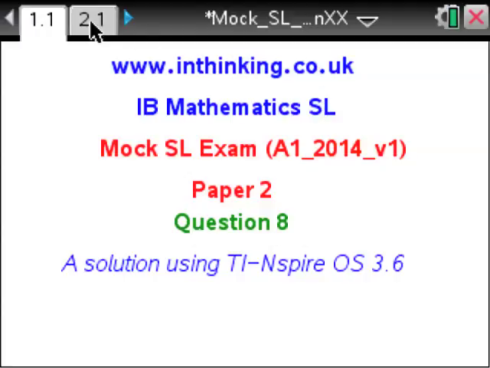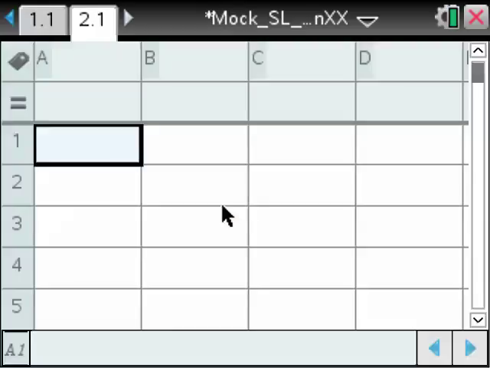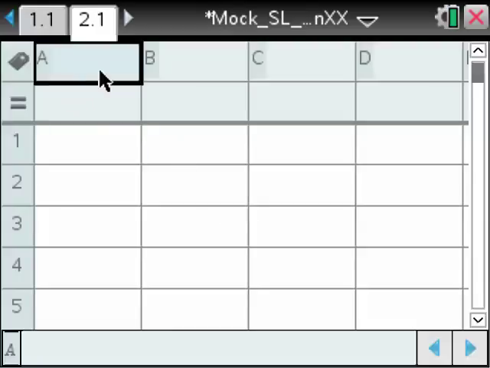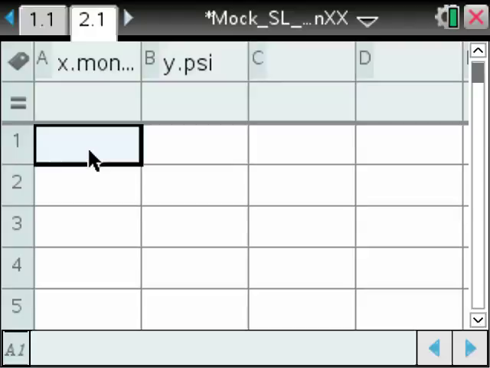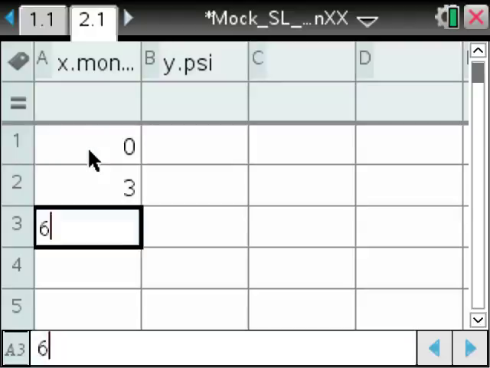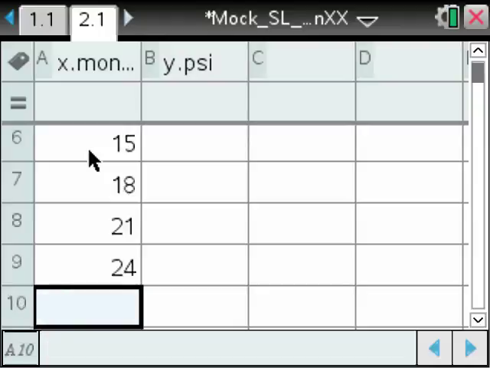Okay, paper 2, question 8. We're going to go to a list and spreadsheet page, and we're going to type in the data given to us. We'll give the headings: x.months and y.psi, and we'll type in the numbers 0, 3, 6, 9, 12, 15, 18, 21 and 24 for the 9